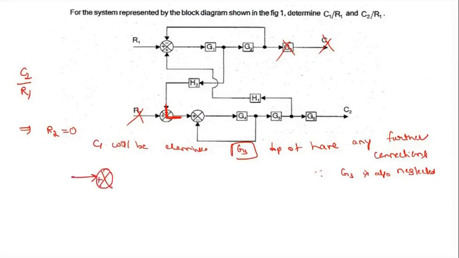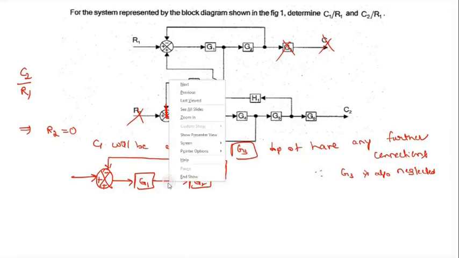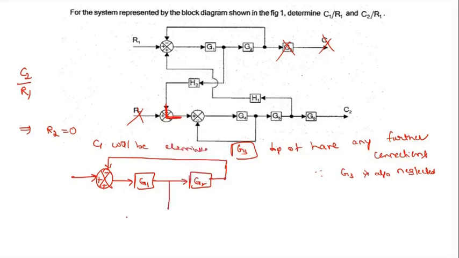So plus minus plus, here you will get G1, then again G2. Here G3 is not required because G3 is eliminated. So directly this junction point will be connected to this negative. With this it's finished. Now coming to this junction point, with this junction point we'll have the H2 term. From this H2, it's directly connected to the summing point, say plus minus. Then it's G4.